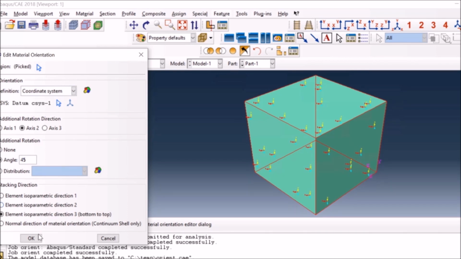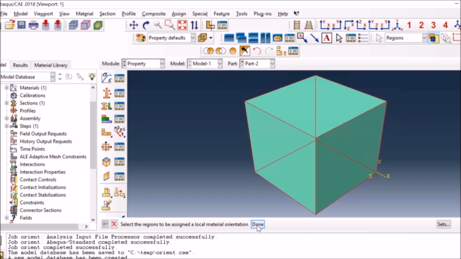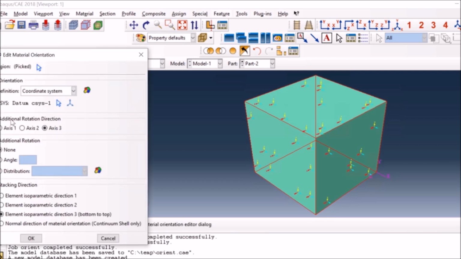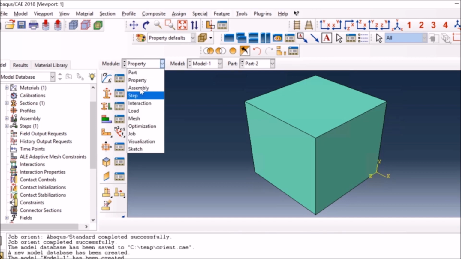Once I have done that, I can just press OK, and now I will go to the next part and I will assign some other orientation to this part. So I will again select the datum for this. Again, remember the datum for this one was slightly different, and in this case I'm rotating around the z-axis, which is axis 3, and you again keep an eye on the coordinate system and you can see they have rotated as I give some certain value. So I gave a value of -10 and it rotated like that. So we have now assigned the material orientation to both the parts, and